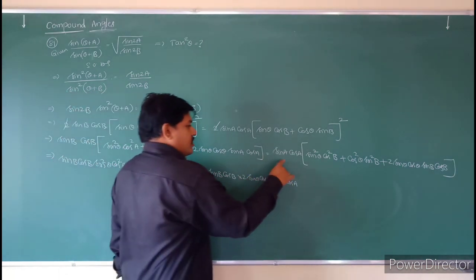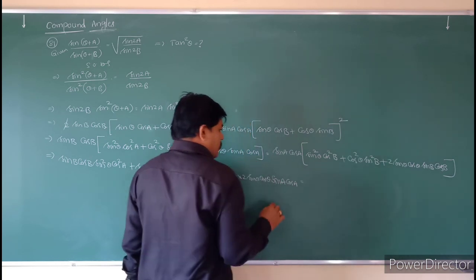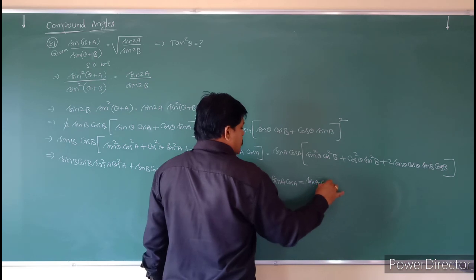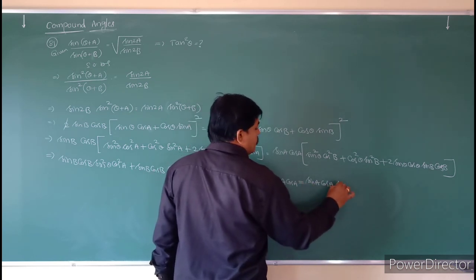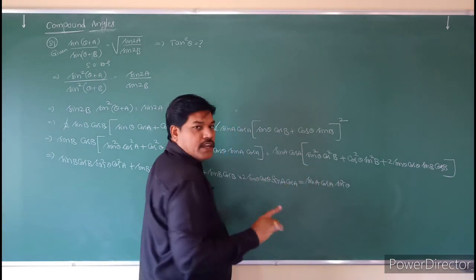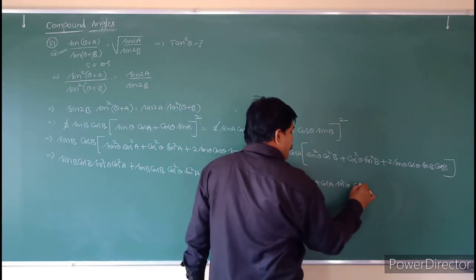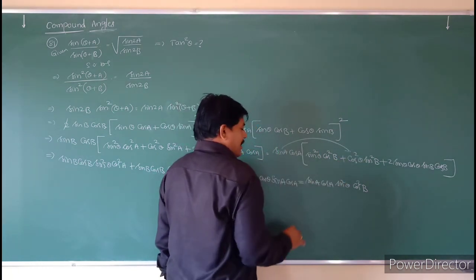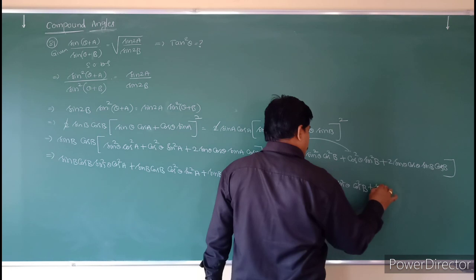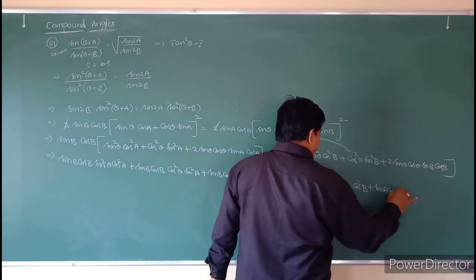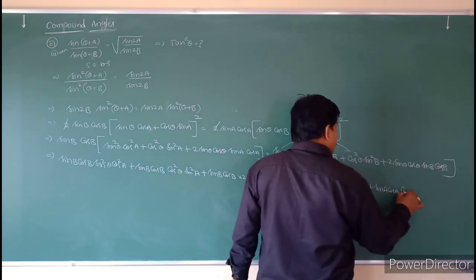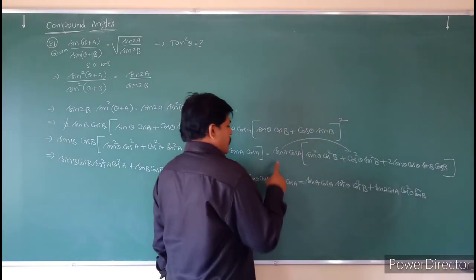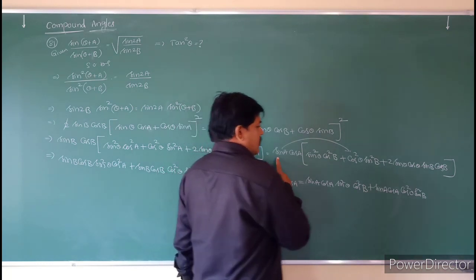Next, multiply this term also, students. What we will get? That is equal to sin a cos a into sin square θ into cos square b. Multiply that carefully. Next multiply these two. So what we will get? Plus sin A cos A into cos square θ sin square B. Multiply this.